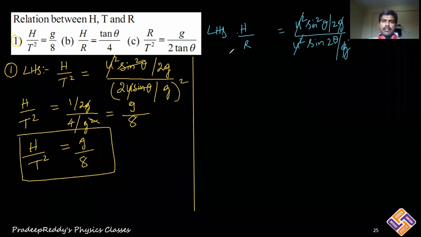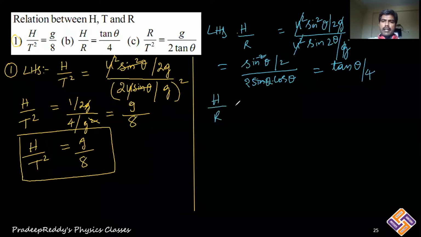What is left over in the remaining part? It is sine square theta divided by 2 into sine 2 theta, and sine 2 theta can be written as 2 sine theta into cos theta. This sine theta and this sine theta get cancelled. Sine theta by cos theta is tan theta, divided by 2 into 2 is 4, tan theta by 4. Therefore you can write h divided by r is equal to tan theta divided by 4,